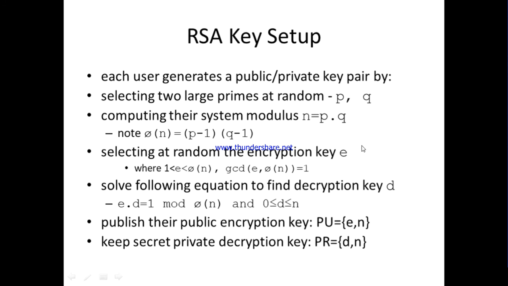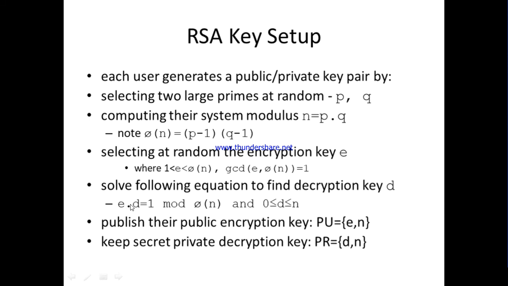That will act as the encryption key. Then the decryption key D: E multiplied by D equals 1 mod phi of n, that is, in modulus phi of n, so E and D must be multiplicative inverses. When you multiply E into D, you should get 1 mod phi of n. That is, ED mod phi of n should equal 1.